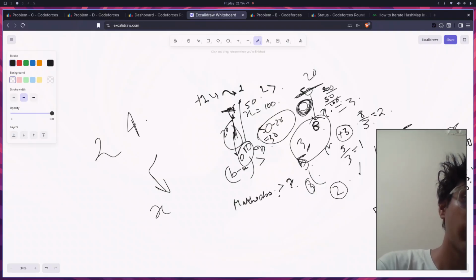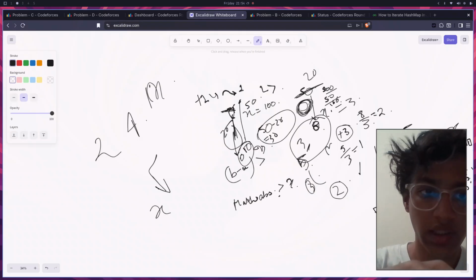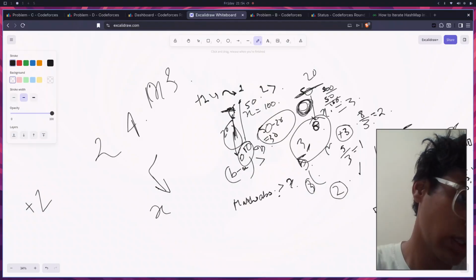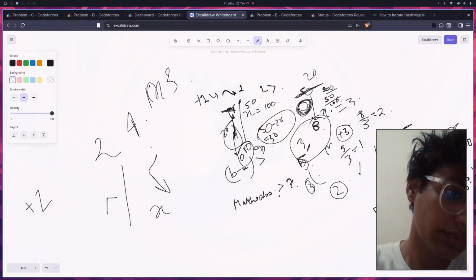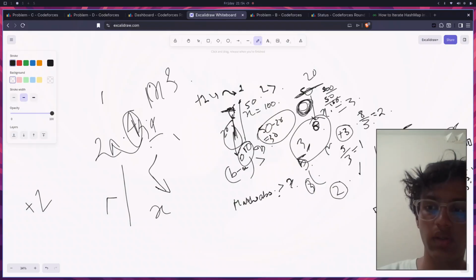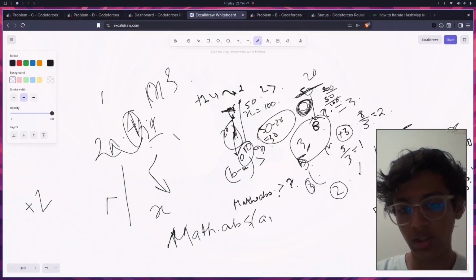So 2, 4, and x equals to some, what can be x? Let's say x equals 3. So in 2 steps we reach this, but here 4 by 3 is 1 and then 1. So division is always suitable unless and until the difference is 1. So unless math.absolute of a comma b